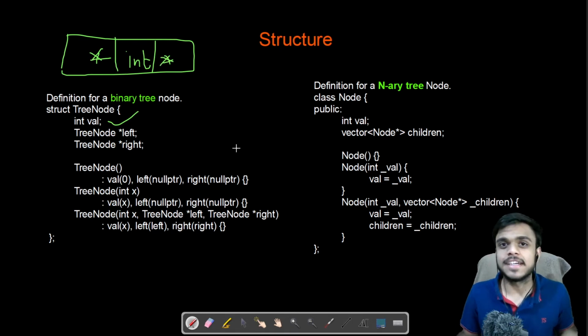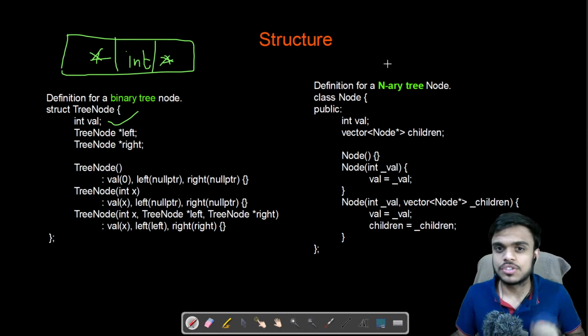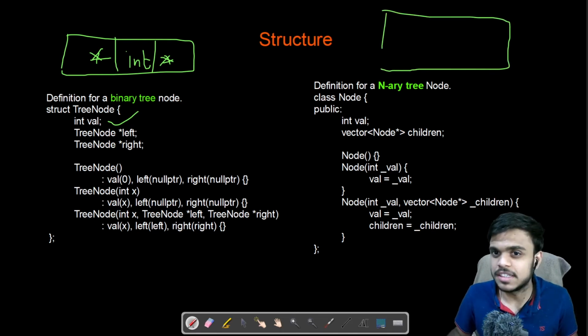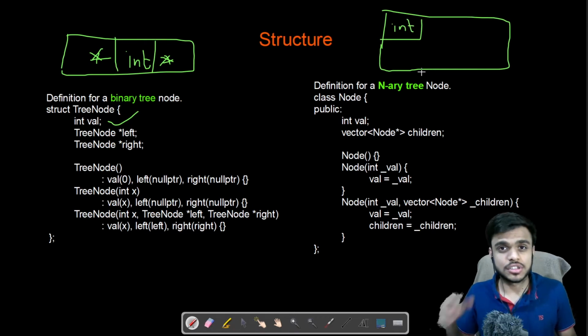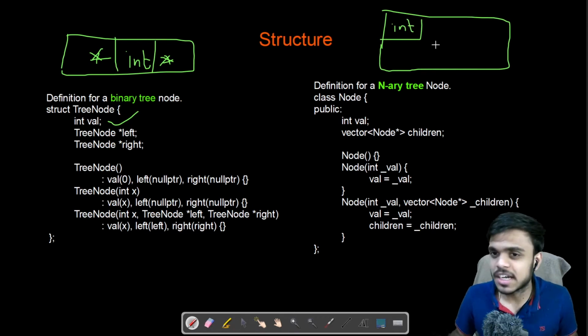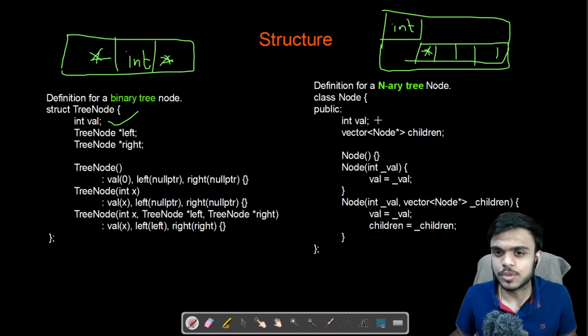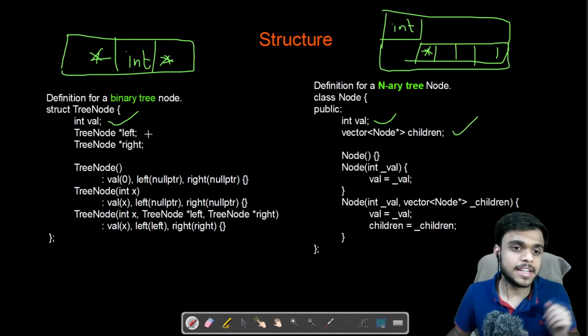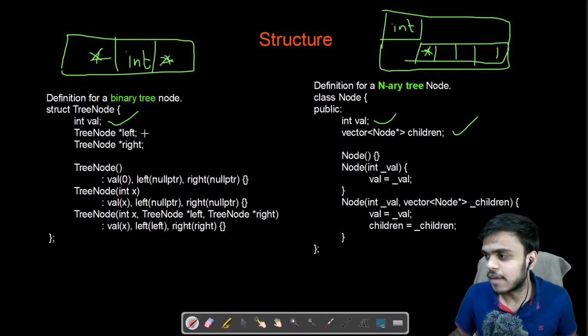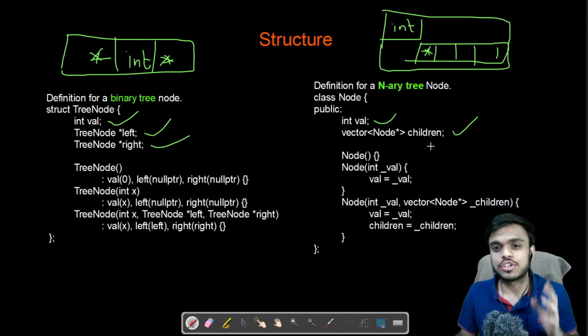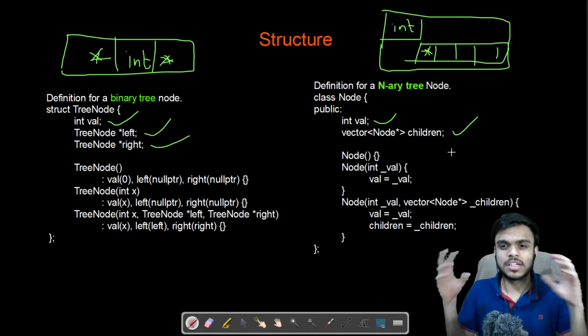But in an n-ary tree we can have many children, which is why for every node we initially have the int, which is exactly the same as in a binary tree and tells us the value of that particular node, and after that we have a vector, and every element in that vector is a pointer which points to a child of that particular node. So we have an int and this vector. Because in a binary tree we know we have 2 children, so we have 2 pointers, left and right. But in the case of an n-ary tree, we just put all those pointers in a vector.